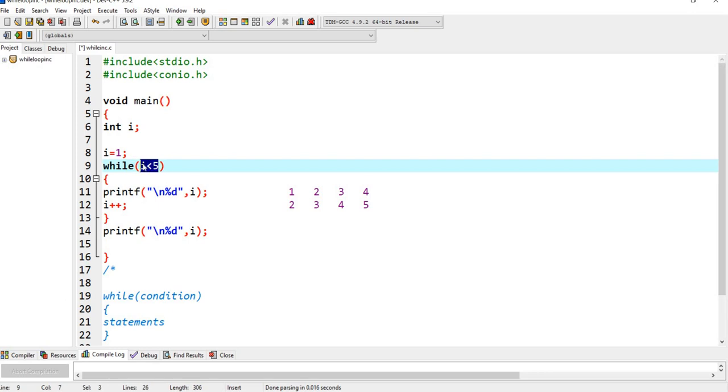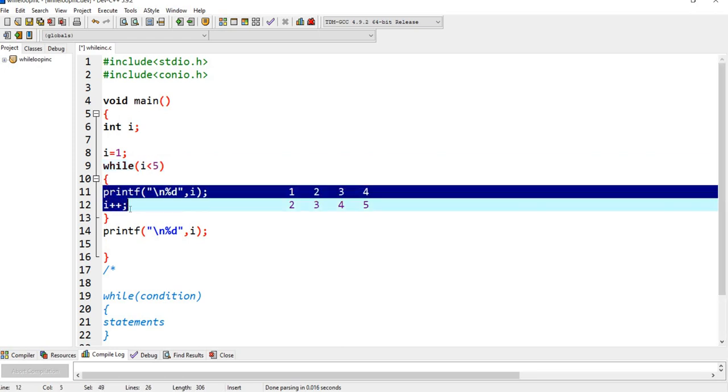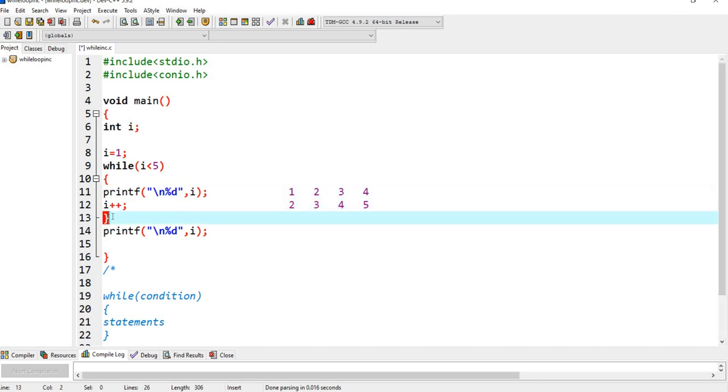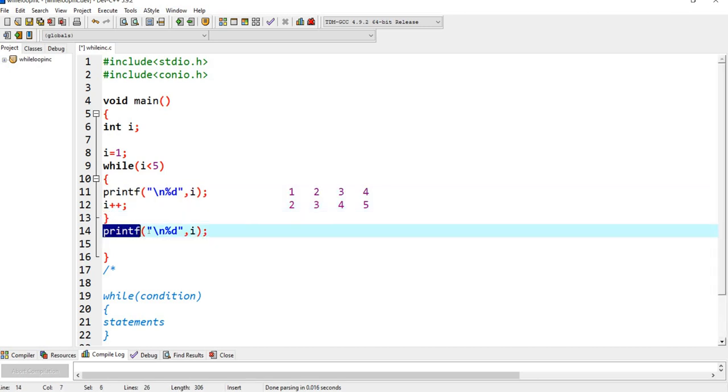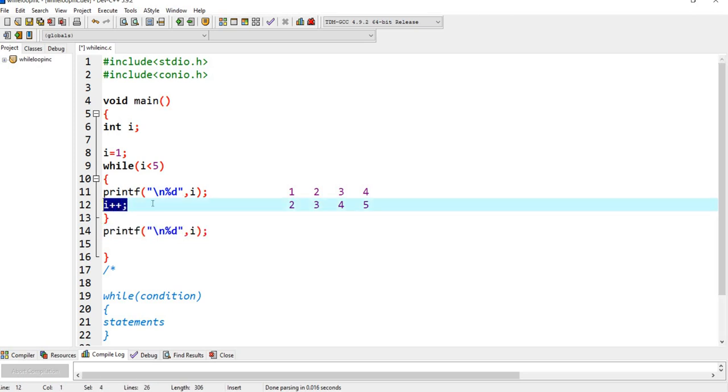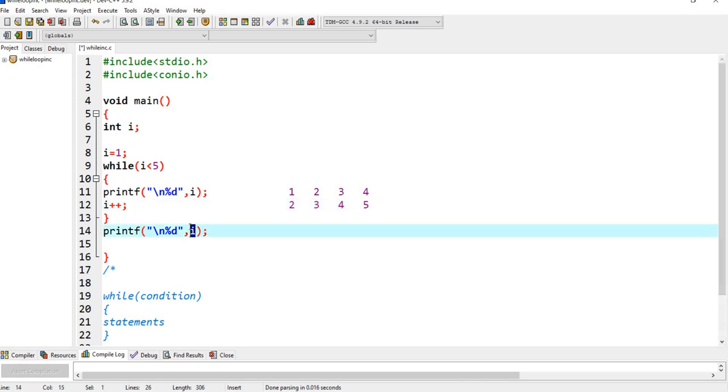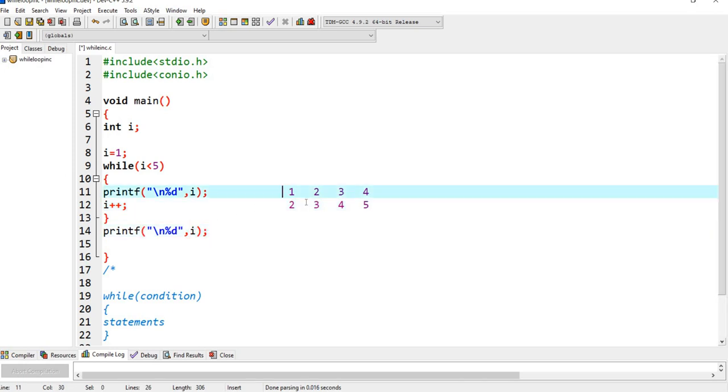So is I less than 5? 5 is less than 5, no. Now the condition is false. So while false means it will not execute these statements. Now it will come out of this particular loop. Now if you want to print the value of I, it was incremented to 5 in the fourth iteration itself. Here the value of I was 5. So it will print that value itself. So if I run this program,